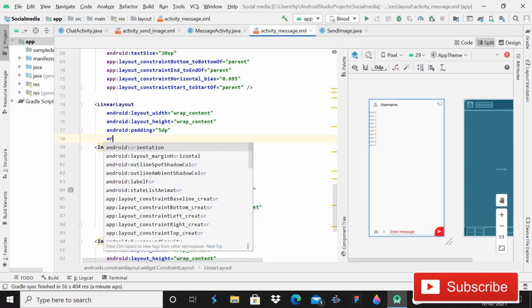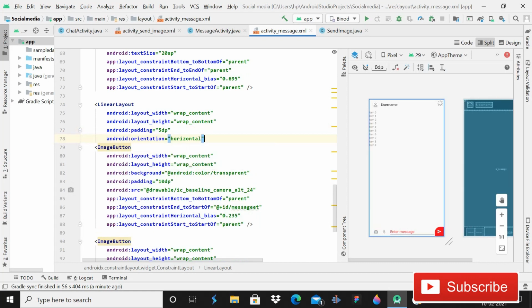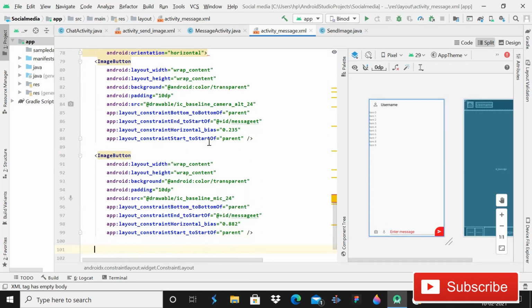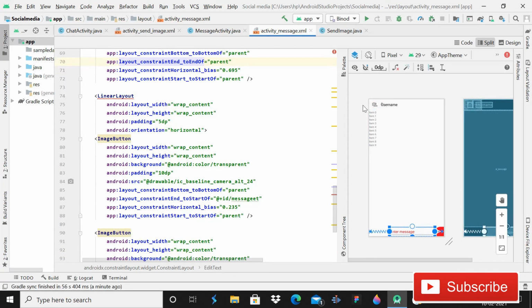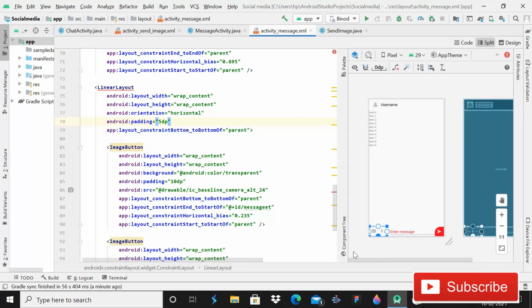Very simple. Orientation is going to be horizontal, then close this one. After this you have to cut this linear layout with Ctrl+X, then cover both of these buttons inside that linear layout. Then simply click on this and take it downside. Now you can see that it is done.